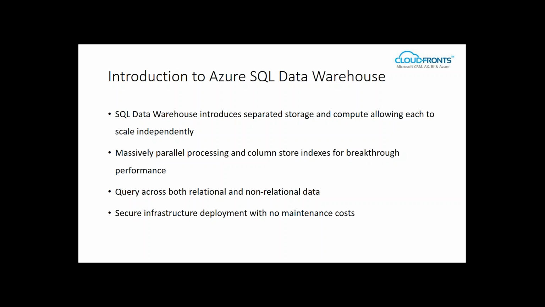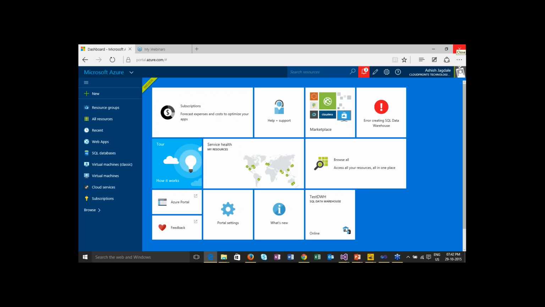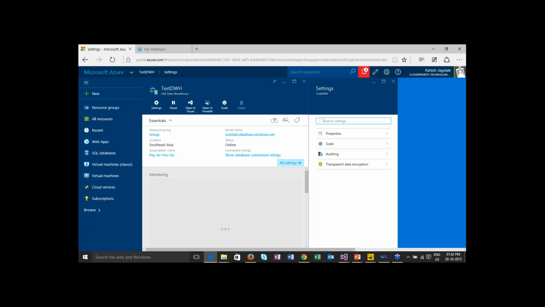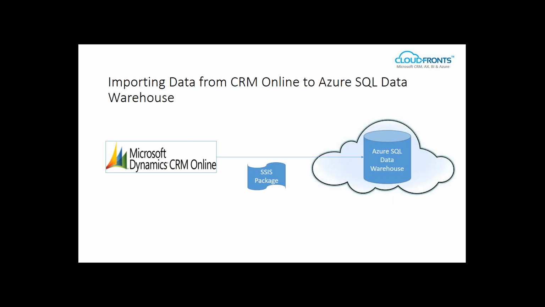So we'll see whether our data warehouse is created or not. It has given some errors, so for that I have created one data warehouse called test data DWH. I'm clicking over here, and it will look like this. Now I'm going to demonstrate pulling CRM data, some CRM entities like leads and opportunity, using an SSIS package into Azure SQL Data Warehouse. So how can we do this? Before pulling that,